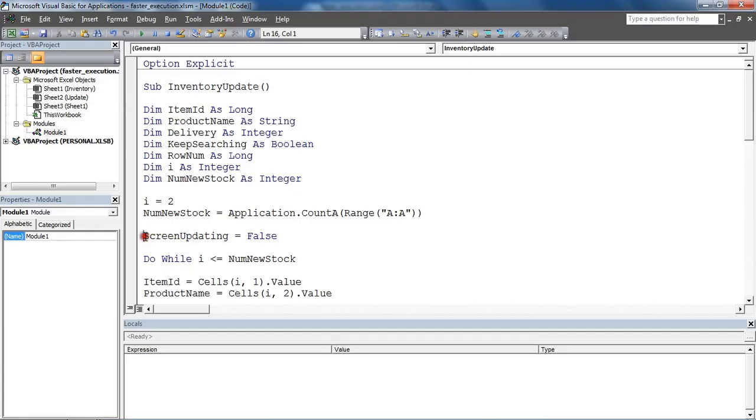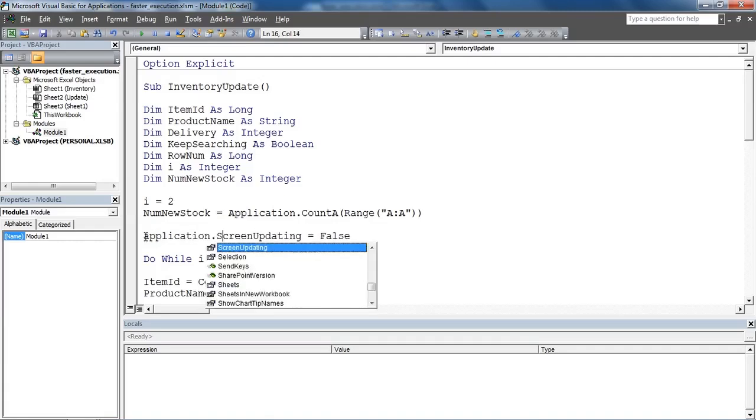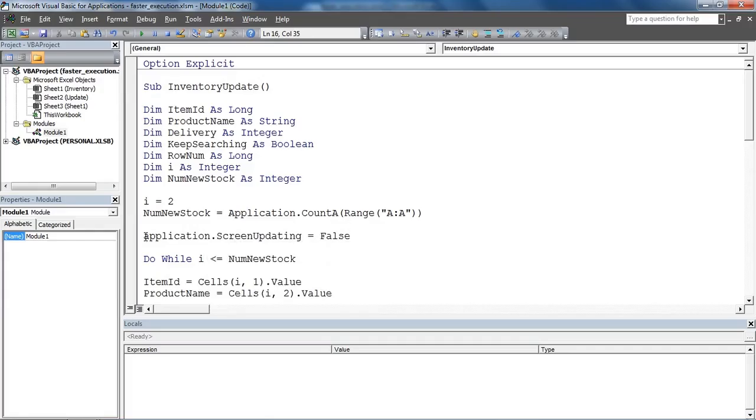But it's not necessary when on the application layer. So on the Excel layer. Okay, let's look at another one. So another one is